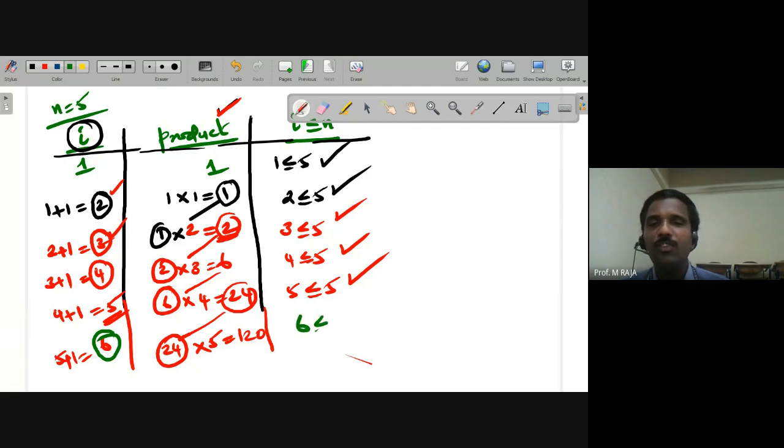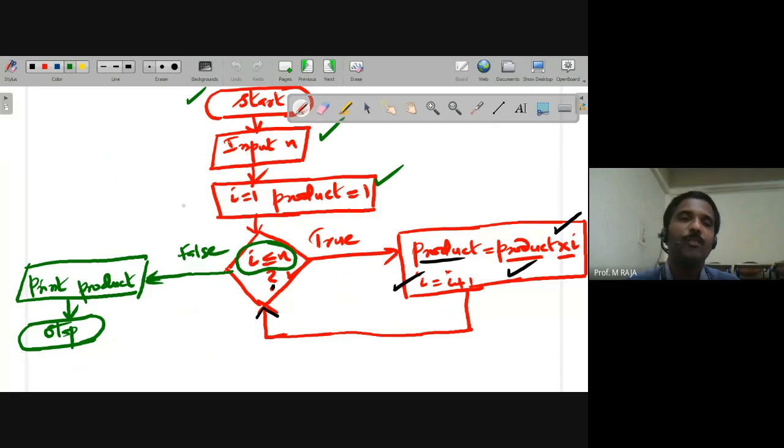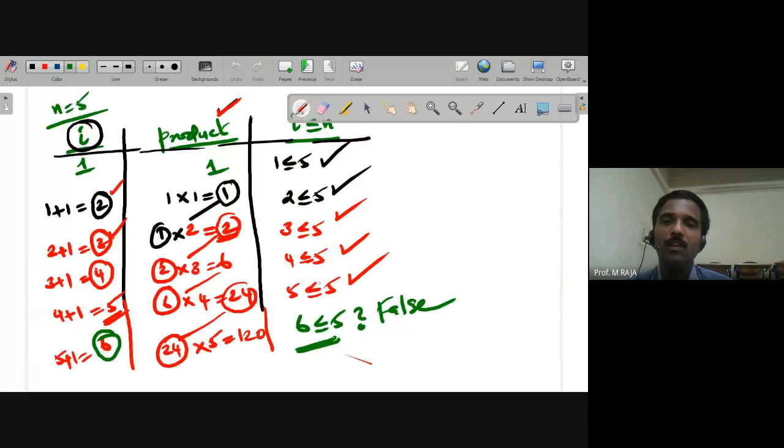Next, checking if 6 less than or equal to 5, condition results in false. So when the condition becomes false, the next executable statement is print product. When I less than or equal to n becomes false, the next executable statement is print product. Here, current I is 6, n is 5, 6 less than or equal to 5, condition is false. So, next executable statement is print